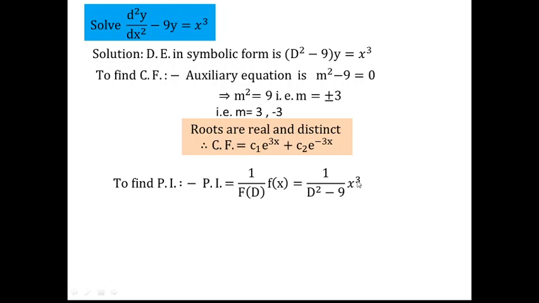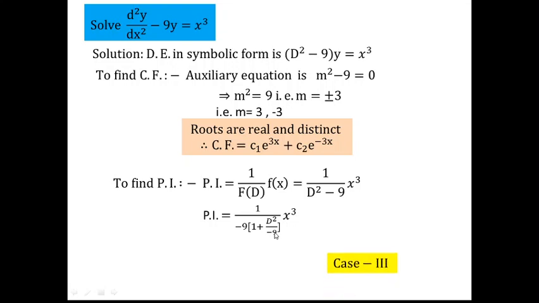So what do we do first? We will take the lowest degree term common. What is the lowest degree term over here? It is minus 9. We will take the lowest degree term common along with its sign, so that when it is taken common, what is left is 1. So it is minus 9 outside, 1, and then the remaining term should be divided by minus 9. So we have plus D square by minus 9.